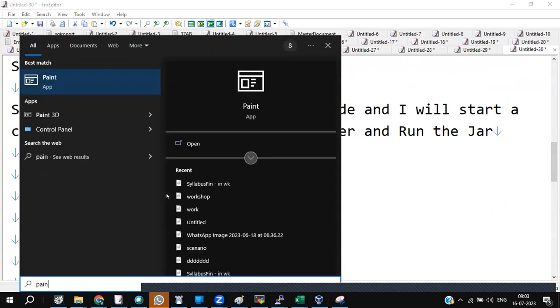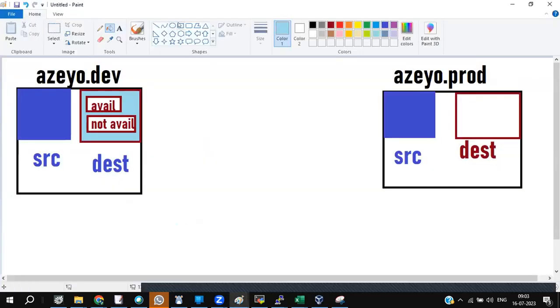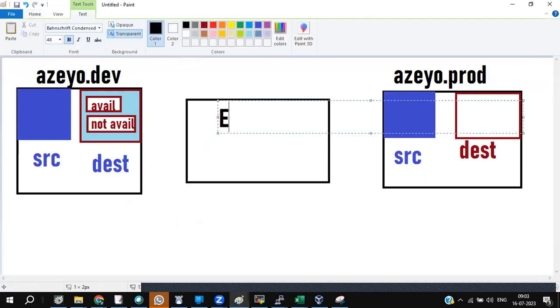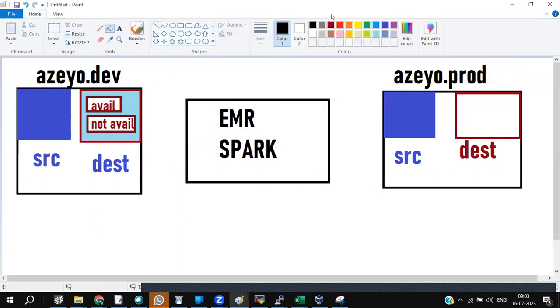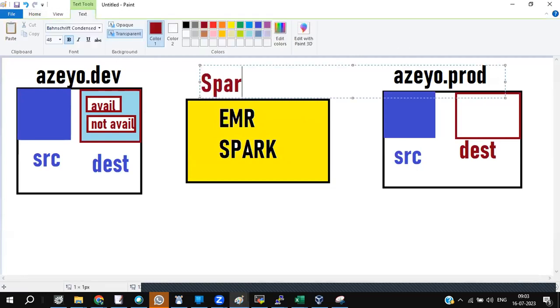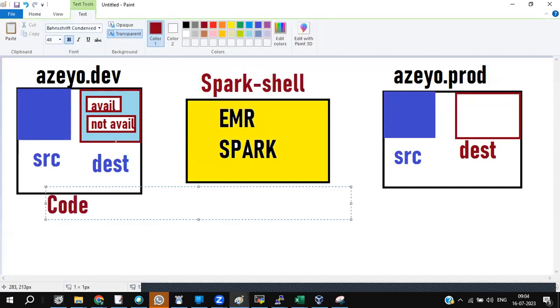Right? What is saying, folks, in my current situation, in this particular diagram, concentrate. I created an EMR cluster, EMR Spark environment. Whatever code I have executed in this environment took data from source and wrote to test. Just pure development so far happened. Then I developed my code, happily opening my Spark shell. My code is ready right now.